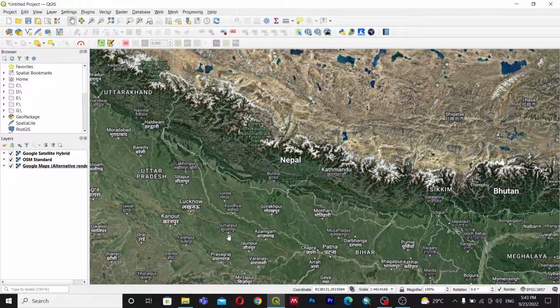Today I'm back with another exciting video. In this video we are going to create an exciting map layout. That is, we can create a map layout in our QGIS with our base map. We'll be adding different types of base map that consist of the OSM standard base map, Google Map and Google Satellite and many other satellite images, that is Sentinel imageries, and that can be used while creating a wonderful map